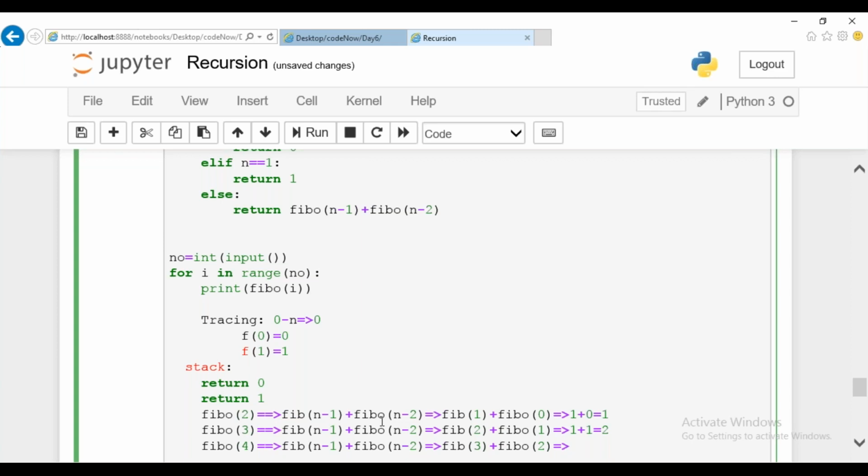Fibo of 3 value is 2 and Fibo of 2 value is 1. So we'll be getting answer 3. So you can notice that we are getting the series 0, 1, 1, 2, 3.